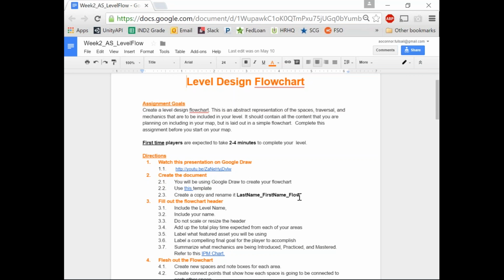So we're not necessarily going to be doing it one-to-one, making a flow chart like that. But this is more of how your level is going to flow together. So there's a lot of principles that you learned from GD1 and how to create a flow chart that will definitely be applicable to this assignment. So the same way that you did your brainstorming first before you started your LDD to get your ideas down and come up with a lot of different variety of setups and interactions, you want to do the same thing with your